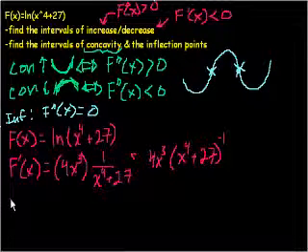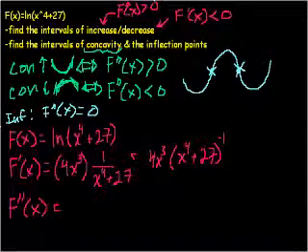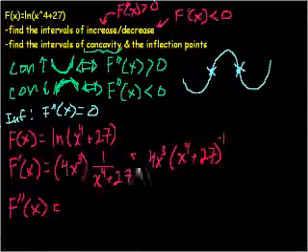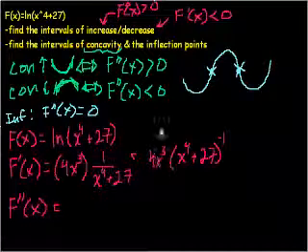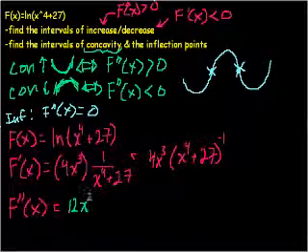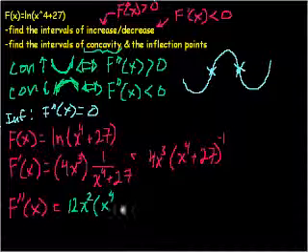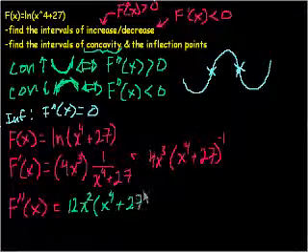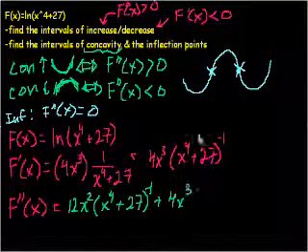Let's take the second derivative. So f prime prime of x. And this might get a little hairy. I will arbitrarily switch colors. So let's do the product rule. We'll take the derivative of the first function, so that's 12x squared, times the second function, x to the fourth plus 27 to the negative 1, and then plus just the first expression. We took the derivative here, so now we just take it without the derivative here, times the derivative of the